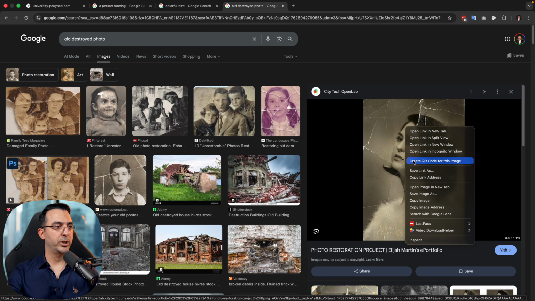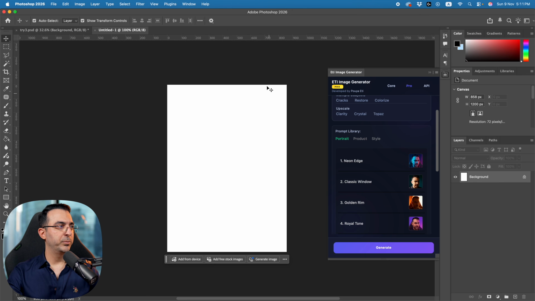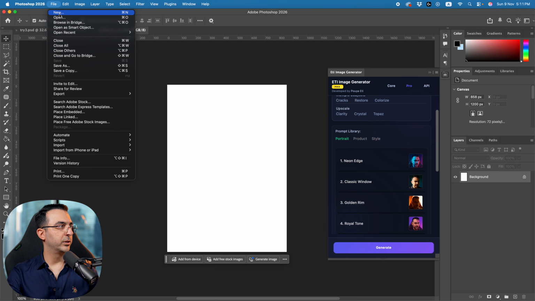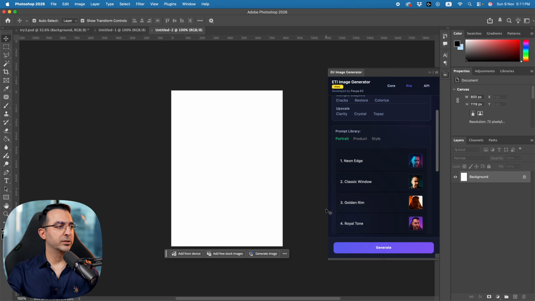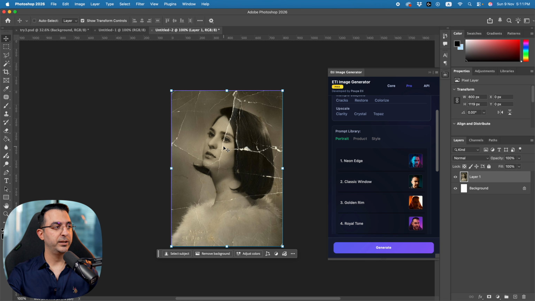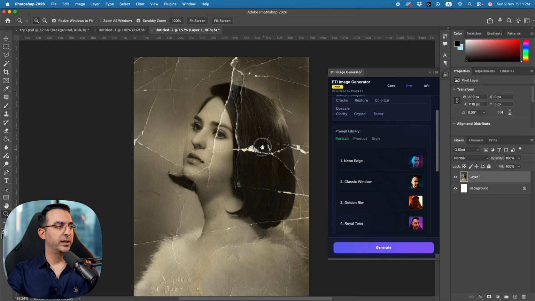So I'm just going to right click on it and click on copy image. Come here inside Photoshop, I'm going to click on new. And usually when you copy an image, it will get the size of that image as well. So you don't need to adjust the size, just click on create. And when you are here, press Command V, or Control V on Windows, to paste the image